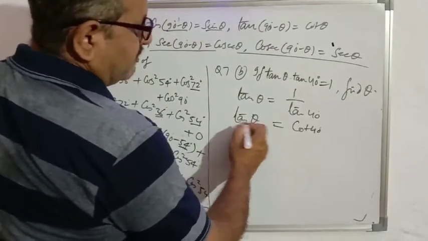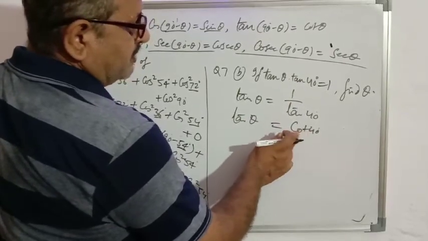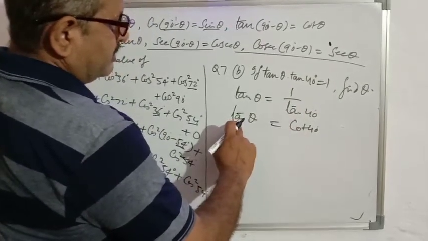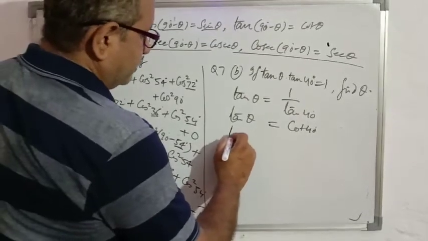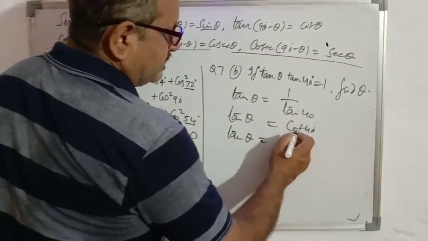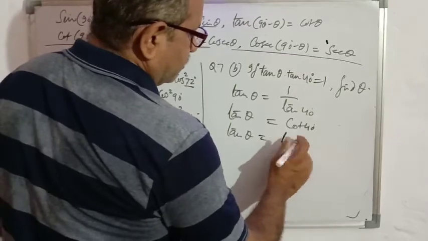Left side tan is given, right side cot is given. So we will change this cot into tan. Then we can compare. Tan theta, change it into tan. So we will write it